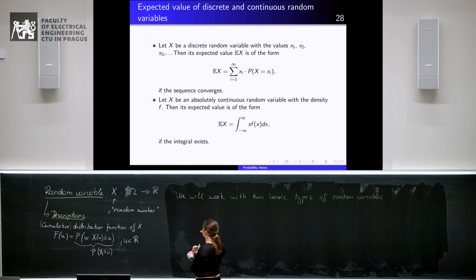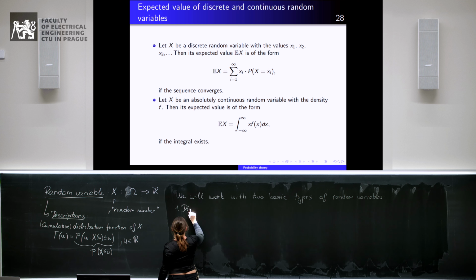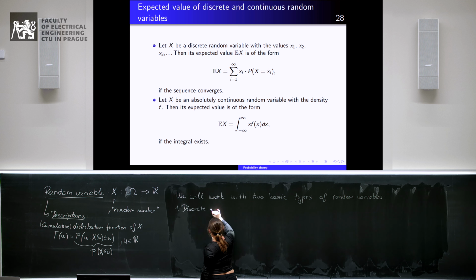The first type are discrete random variables,